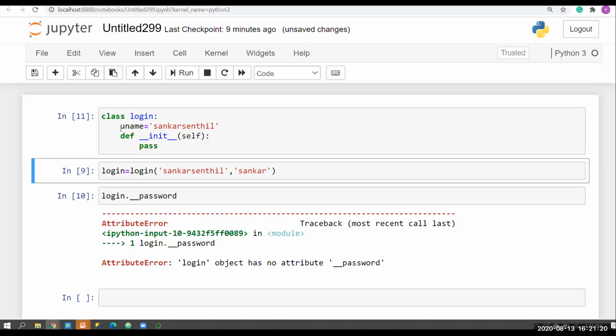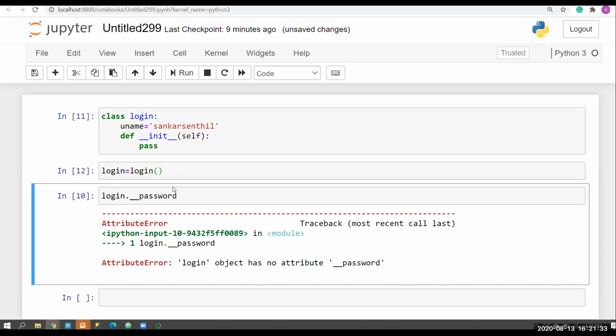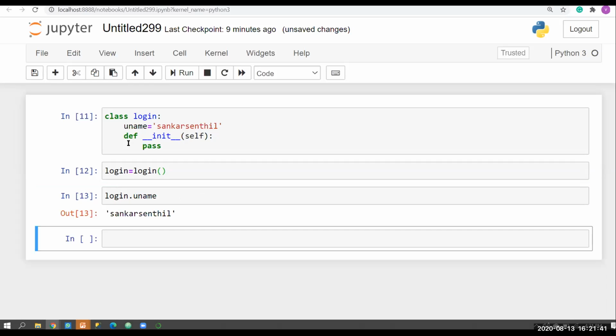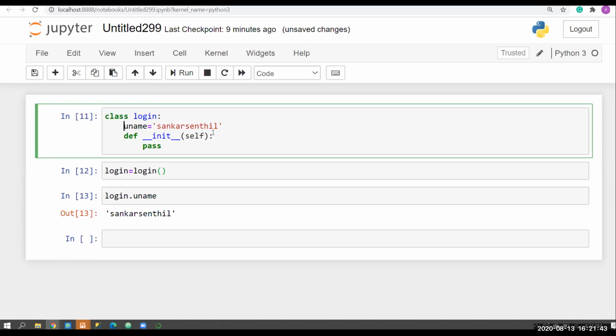Now you don't need to pass parameters because we have not used any here. I type login dot and press tab. You can see the uname, it returns Shankar Sandil. Now I'm going to give a double underscore here.